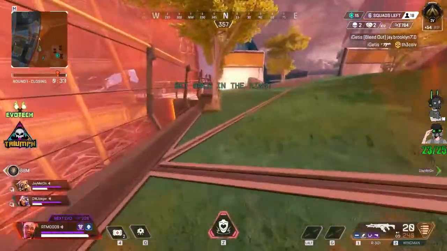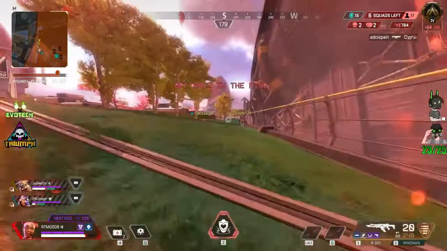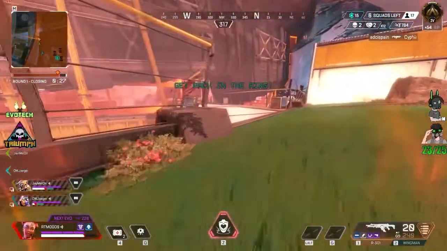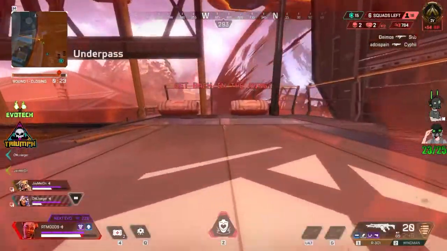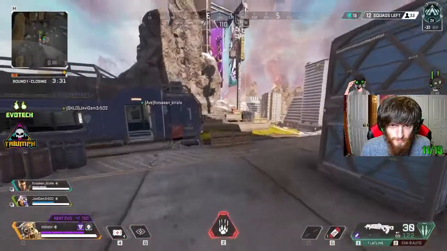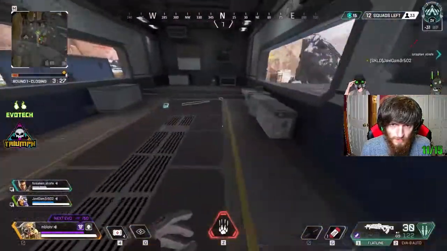If you're stuck in these ranks and it's because you can't win fights, you just need to go play pubs. Go play pubs and get better at the game, get better gun skill, and then you can come back to ranked. So a few things I want to mention that I think plat players need the most help with is